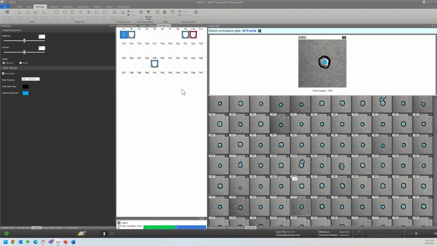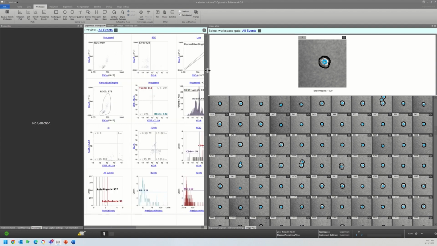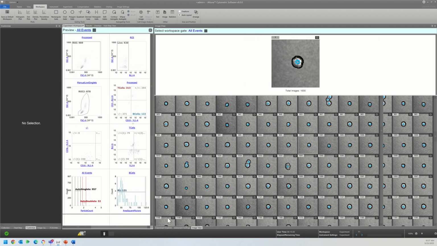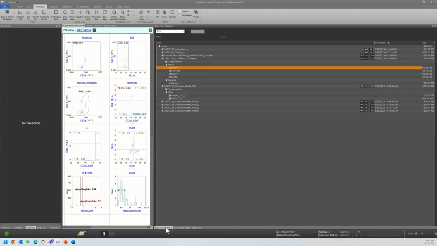And so the last thing that we're going to look at is what to do with these parameters and how to potentially export some of these for use in a third-party software. The total number of extended parameters that are exported will depend on the Attune instrument that you're using. This was run on a V6, I believe. So there will be sets of fluorescent parameters for every laser, and one of the first things that we can do if we want to see those is come over here,